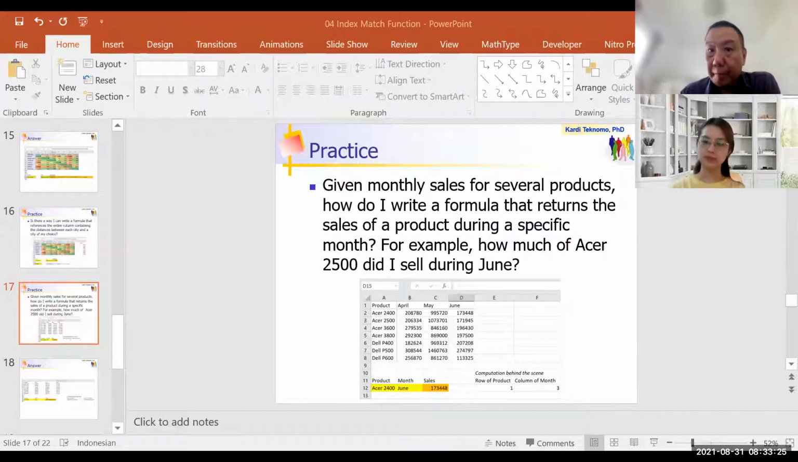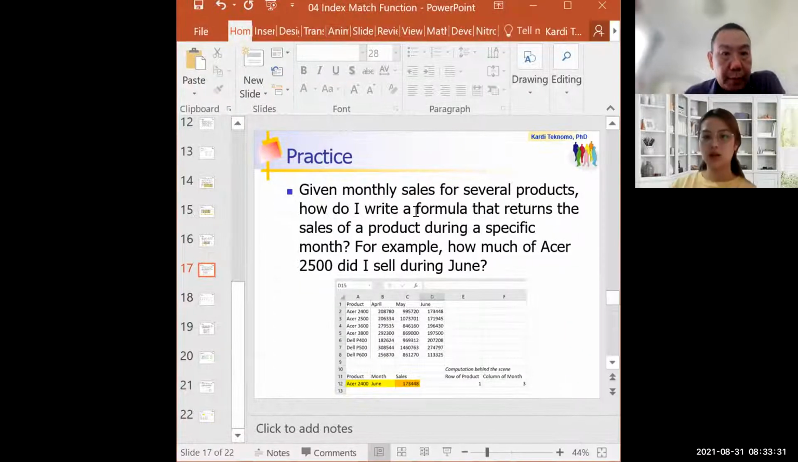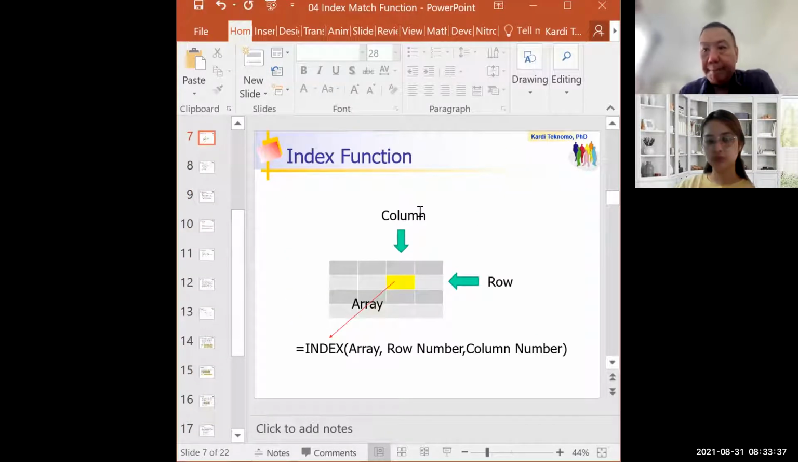Okay, so today we will continue what we have discussed last meeting about the index and match function. Share the screen. Okay. So as a summary,